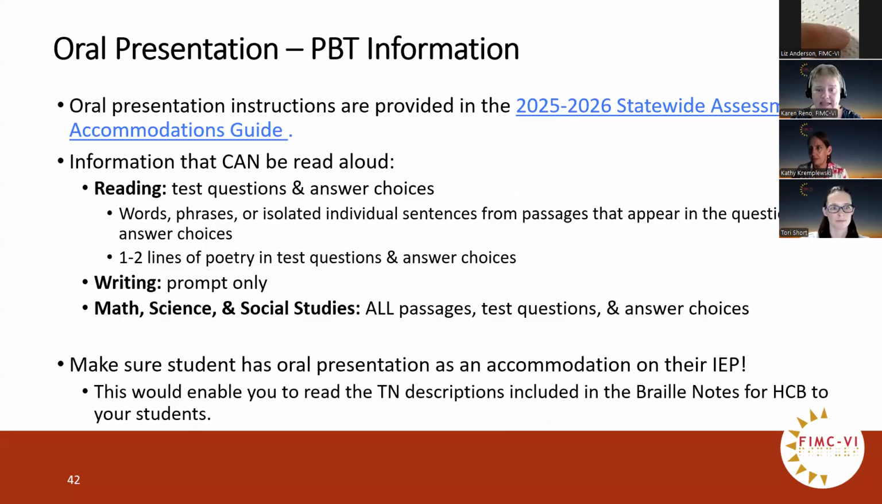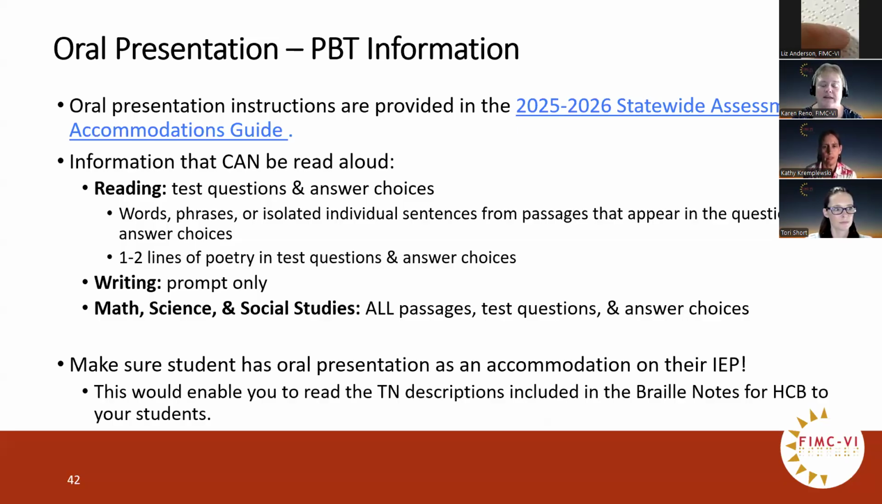So on a reading test, you can read the test questions and the answer choices. Those include words, phrases, or isolated individual sentences from passages that appear in the questions and answer choices. Also, 1 to 2 lines of poetry in test questions and answer choices can be read aloud. For the writing, only the prompt can be read aloud. And for math, science, and social studies tests, you can read all the passages, the test questions, and the answer